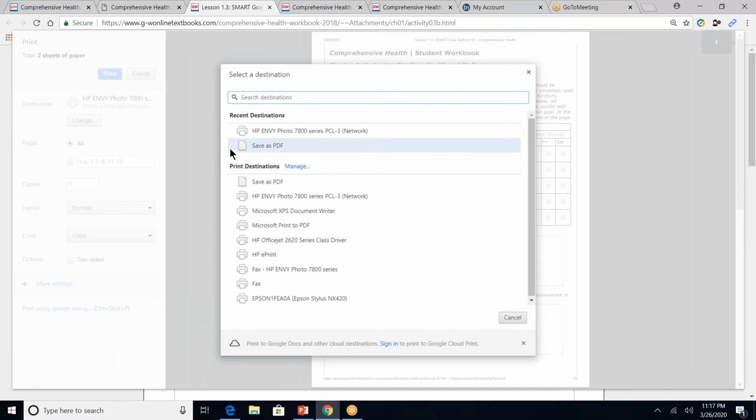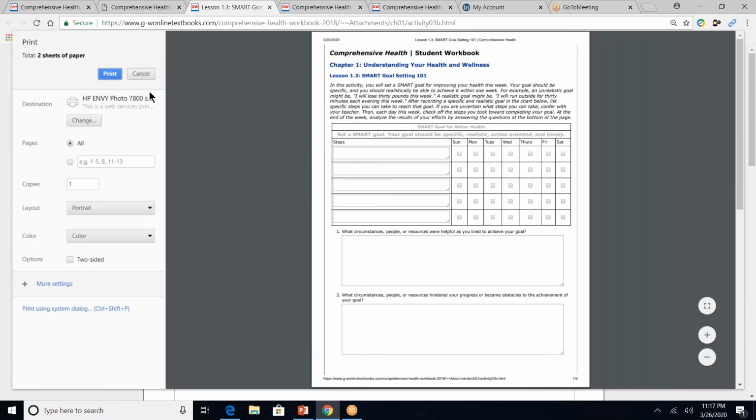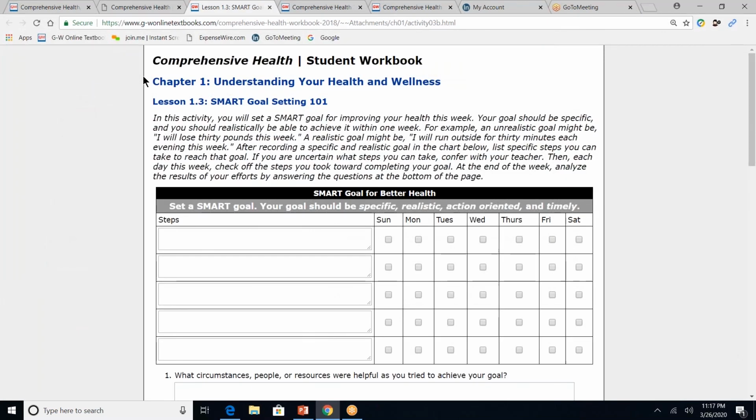save as a PDF, or if I was logged into my Google Drive, it would pop up Save to Google Drive as well, and then from there submit into Google Classroom. Once again, if you are using Google Classroom, you do have the option to copy and paste this link and add an assignment in Google Classroom and add it as a link. Students could click on the link and this workbook page would pop up with form fields. Remember, always instruct the students to log into the online textbook first.